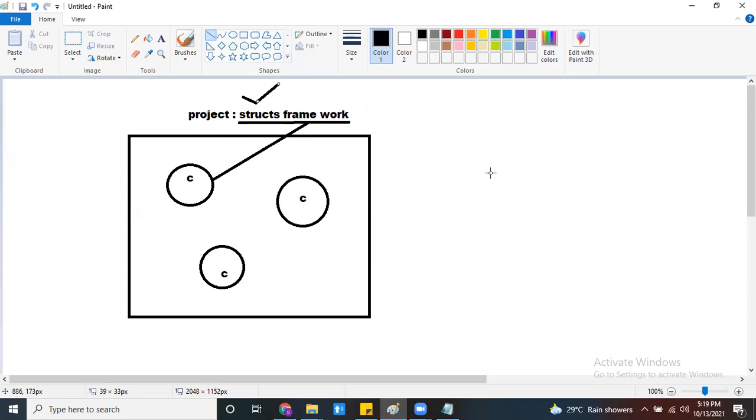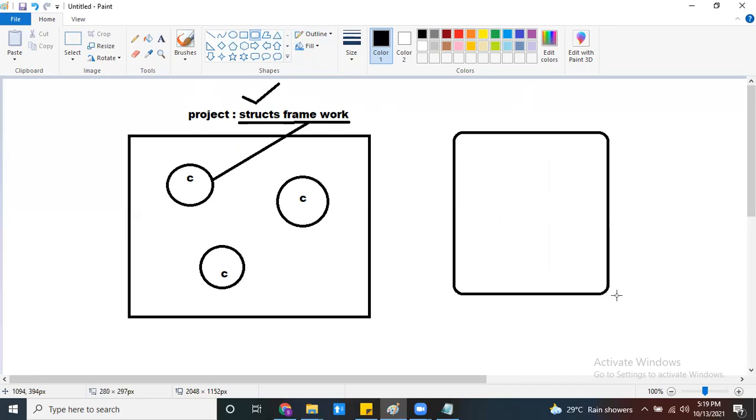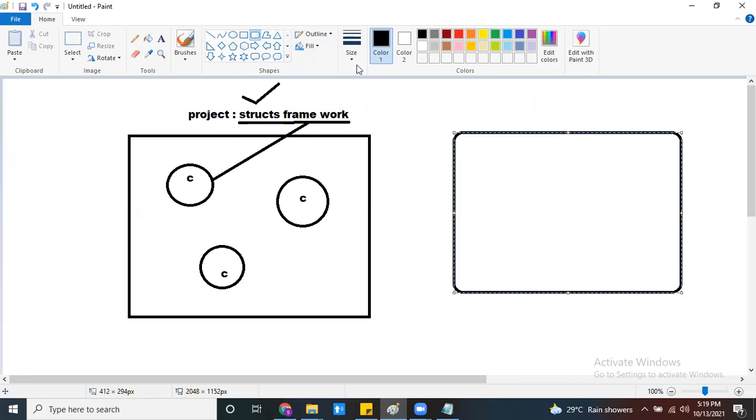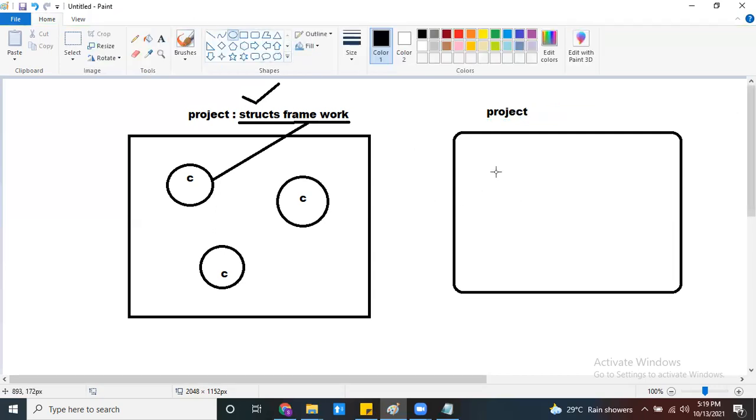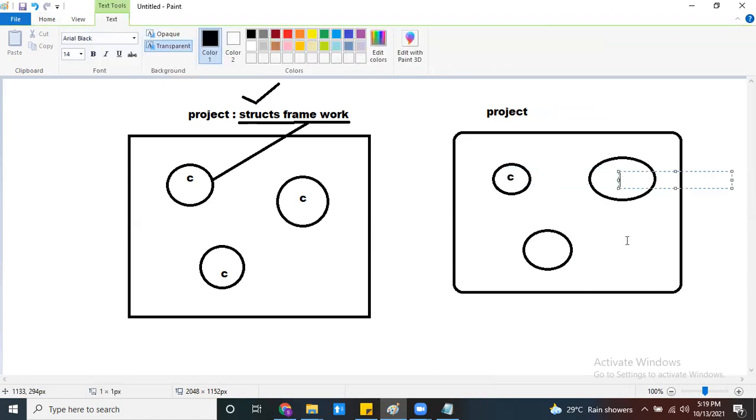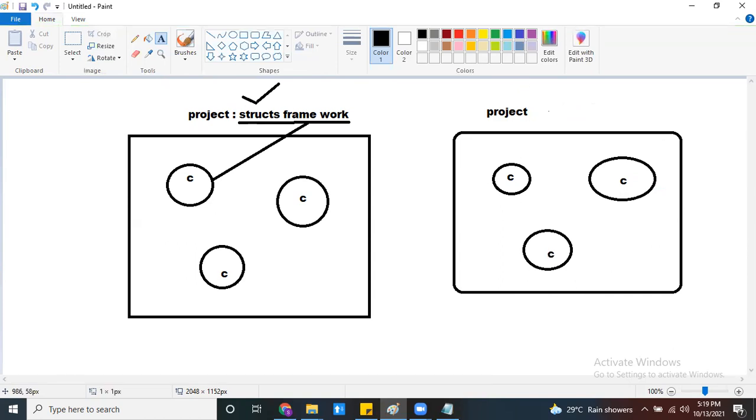Now let's come to the other kind of application, non-invasive. I created one project. In this project also, we write multiple resources, which means multiple classes. Here is one class, here is another class. But these resources do not extend or implement anything from the framework used to create the project.